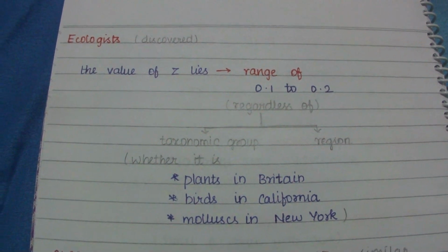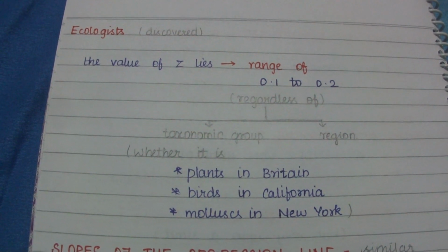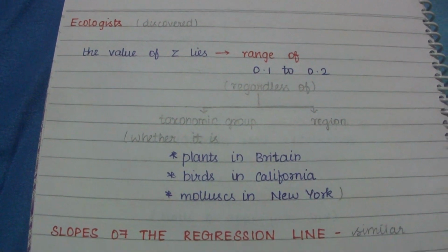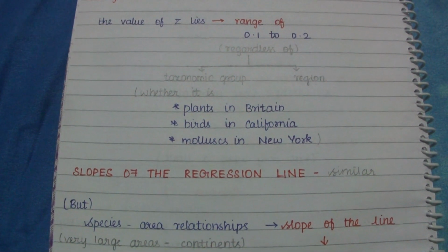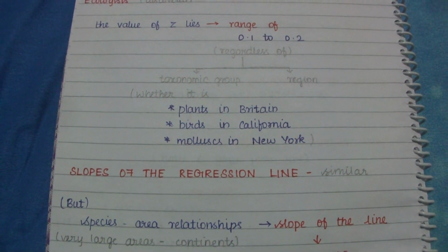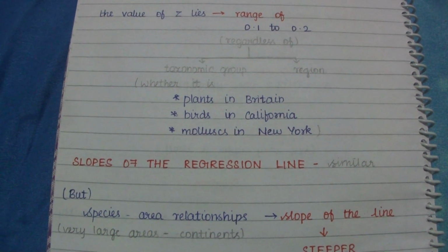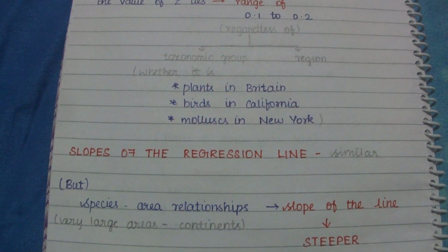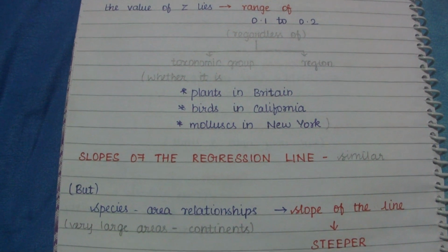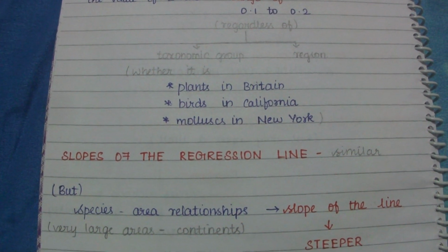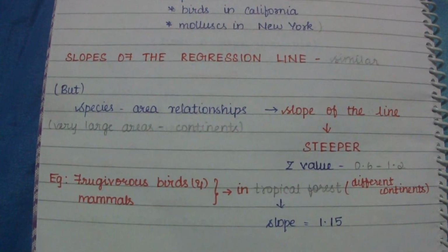So we now understand that the value of Z holds regardless of the taxonomic group or region. From this we can understand that if Z lies in the same range, 0.1 to 0.2, then the slopes of the regression lines are similar, because we have already studied that Z is the slope of the line, that is the regression coefficient. So the slopes of the regression lines are similar. But when we take a very large area into account,